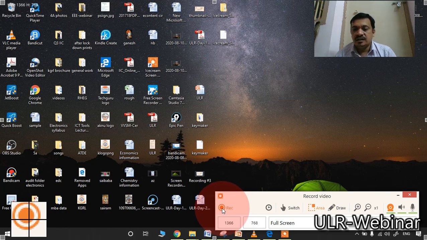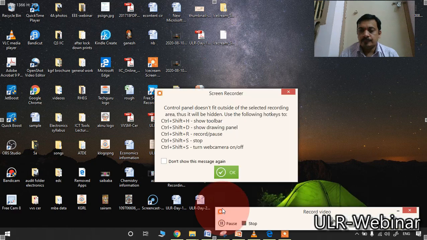Here it is showing some shortcuts. You need to remember these shortcuts compulsorily.